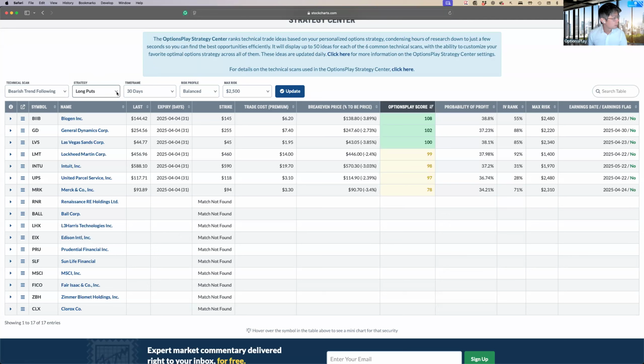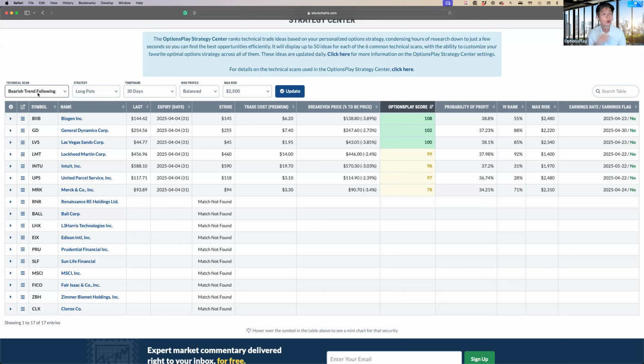So, for example, when we select bearish trend following, it'll automatically select a simple option strategy that makes sense for the specific scan. So, because this is a bearish scan, we're looking at buying put options. Does that make sense, everyone? Please type 2 into the chat window if that makes sense to you. Perfect. So what we're going to do is select put options,